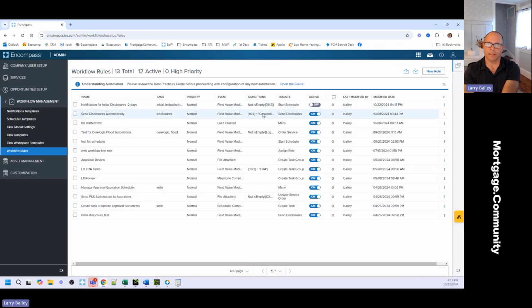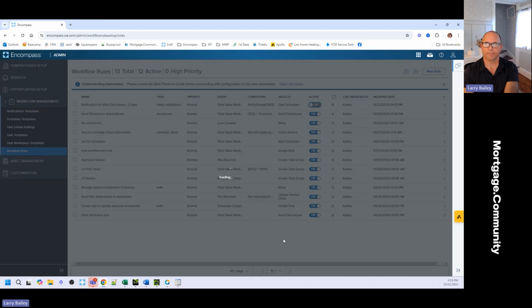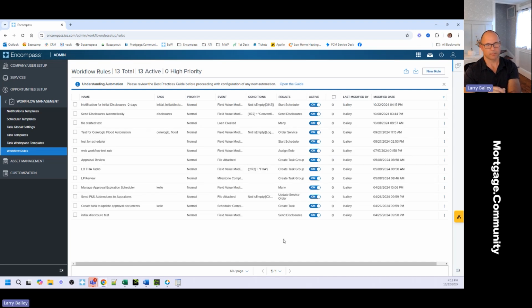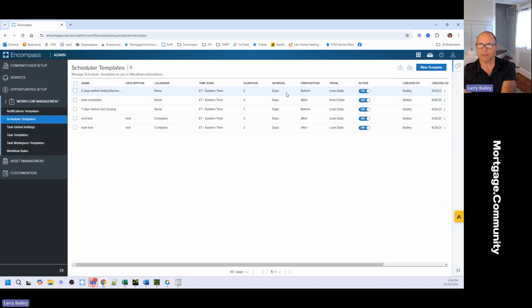So we created it, now active. Now it's running. Now every file from this moment on that has 3143 update to a non-empty date field, that scheduler is going to run. The scheduler is going to run and it's going to say, hey, 2 days after the scheduler starts, at 8 a.m., the scheduler is going to finish. Everybody on the same page? Everybody's good? Hopefully so. If you're not, let me know in chat.